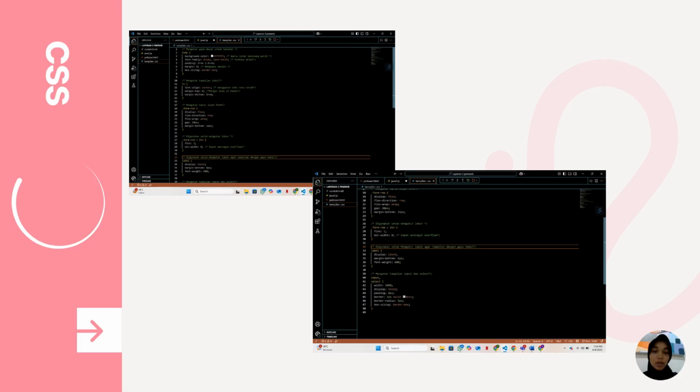The h1 selector styles the main page title by centering the text, removing the top margin, and adding spacing below the heading for better separation from other content. The form-row class arranges the input fields in a horizontal layout using Flexbox.